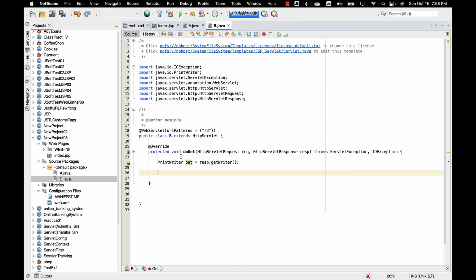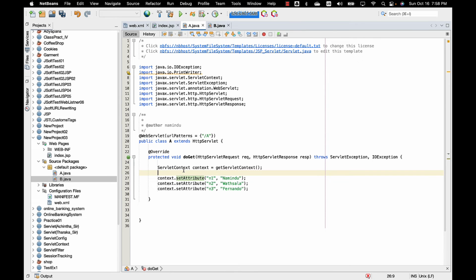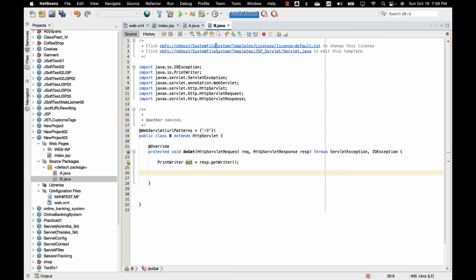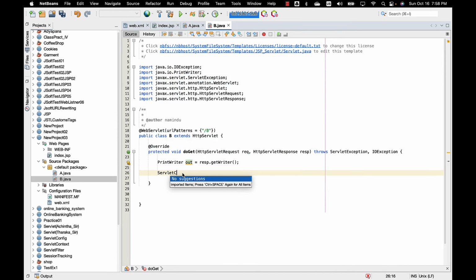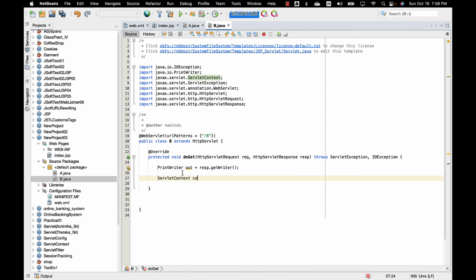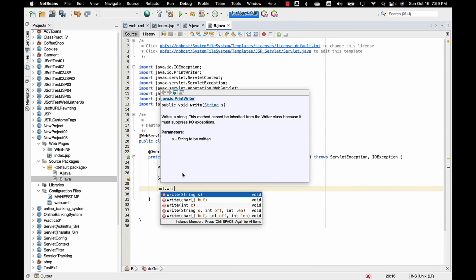Now we need to do the same thing we did earlier: we need to call the servlet context. I'm going to name it the same, context equals getServletContext. So what I'm going to do now is out dot write